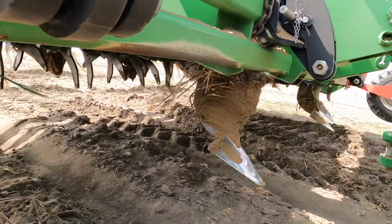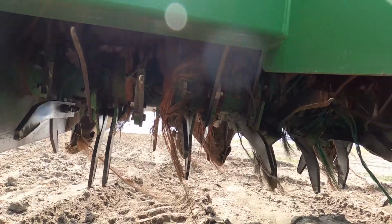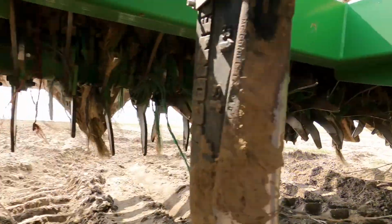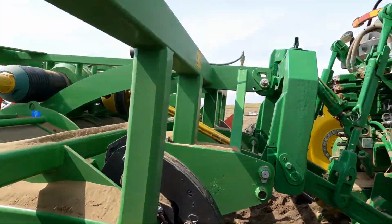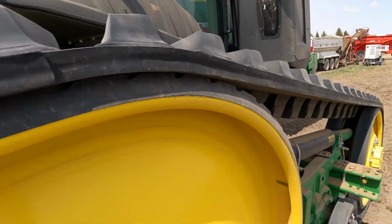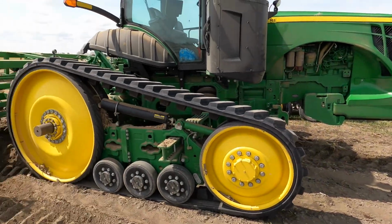These will help pick up a bunch of dirt and feed it through these beaters. So these all spin super fast, and that's what beats the dirt up, breaks apart the clods, and makes a real nice light fluffy dirt for the potatoes. Alright, well today I am planting potatoes,